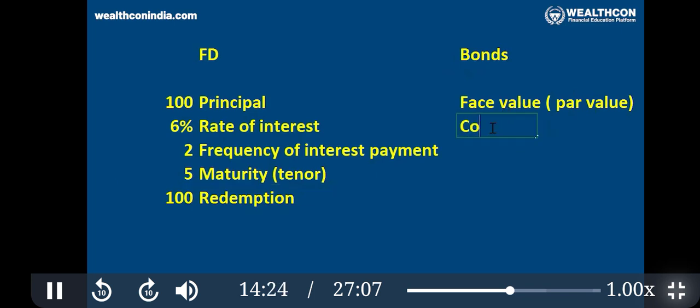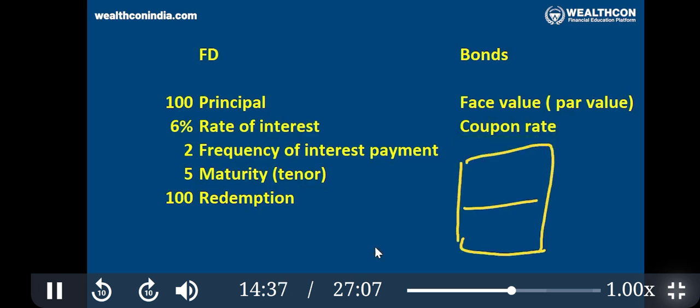For the interest rate, they use the word coupon rate. Coupon rate is nothing but the interest rate. Why is it called coupon? Because in the previous era, there used to be a physical certificate like this, and here bond information was mentioned, how much face value and so on. And there used to be a coupon. You have to go and tear this coupon and give it to the issuer. They will give one amount, that 3 rupees, as interest. So that's why it is called coupon.